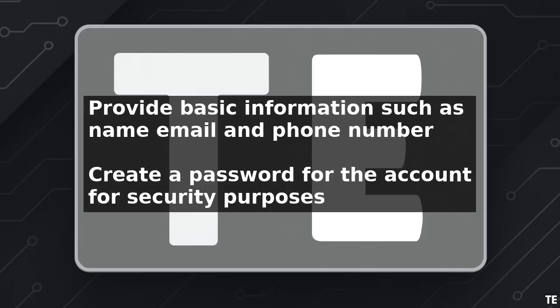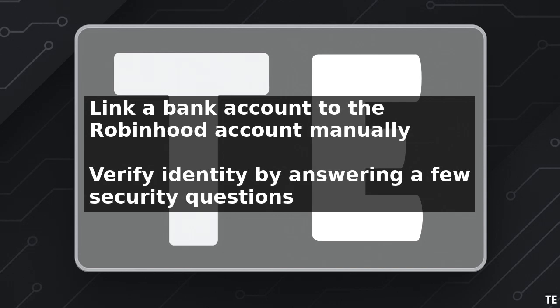Once you have linked a bank account, you will need to verify your identity by answering a few questions. This is a standard security measure to prevent identity theft and ensure that your account is secure. After verifying your identity, you will be able to fund your account and start investing. You can fund your account by transferring money from your linked bank account or by setting up a recurring investment